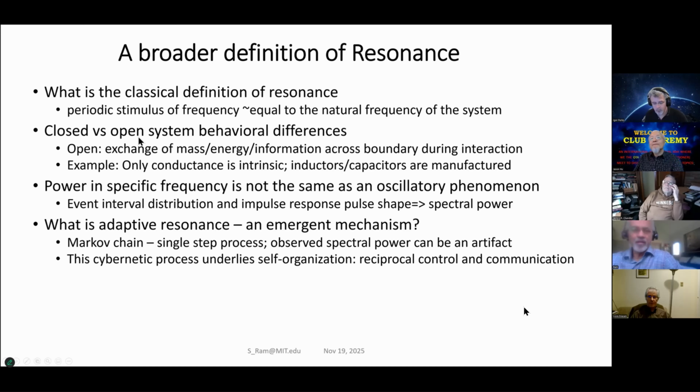Whereas what Siobhan was calling a dissipative system, which I call an open system, exchanges mass and information across its boundary. This is a big difference. During its interaction, it is exchanging mass and information, and these are systems which have a very different type of behavior. That's what I want to talk about. And before I go there, I'll also present